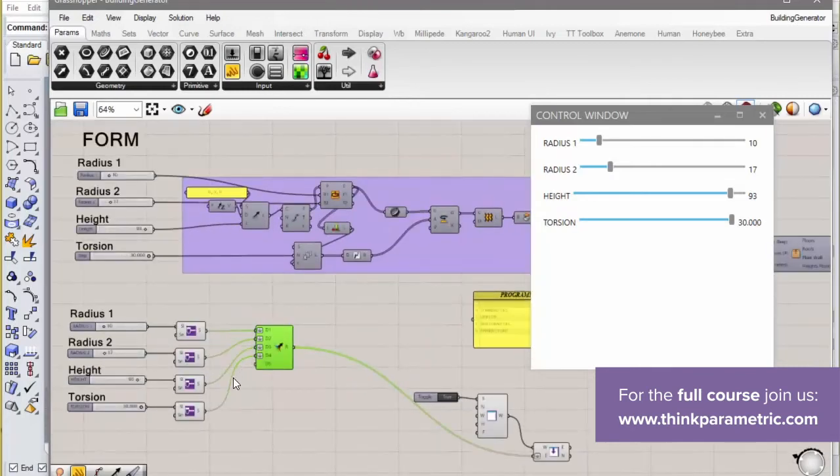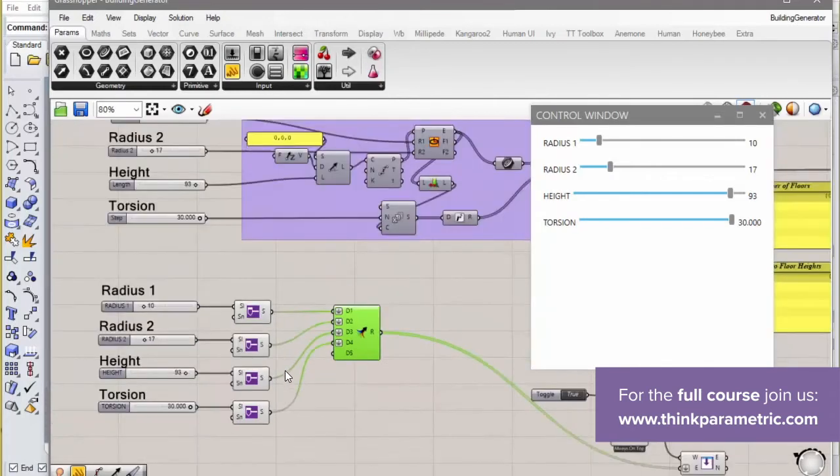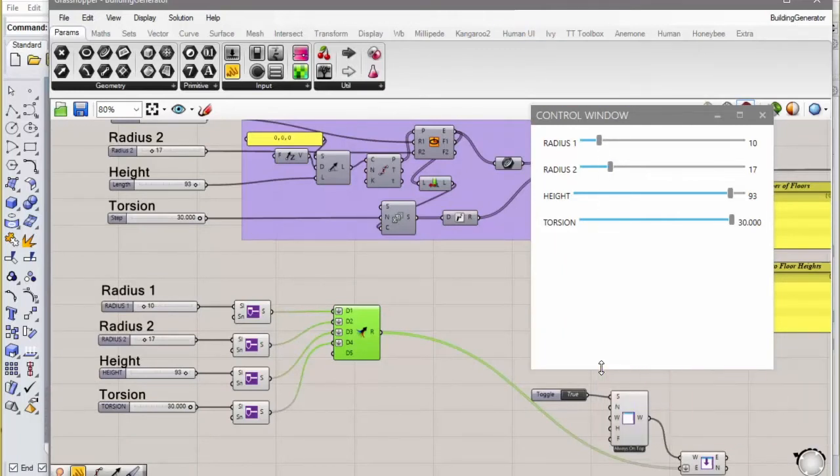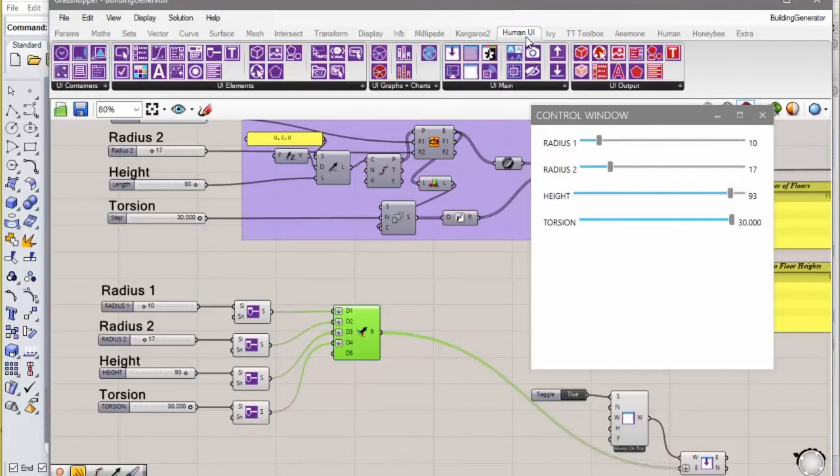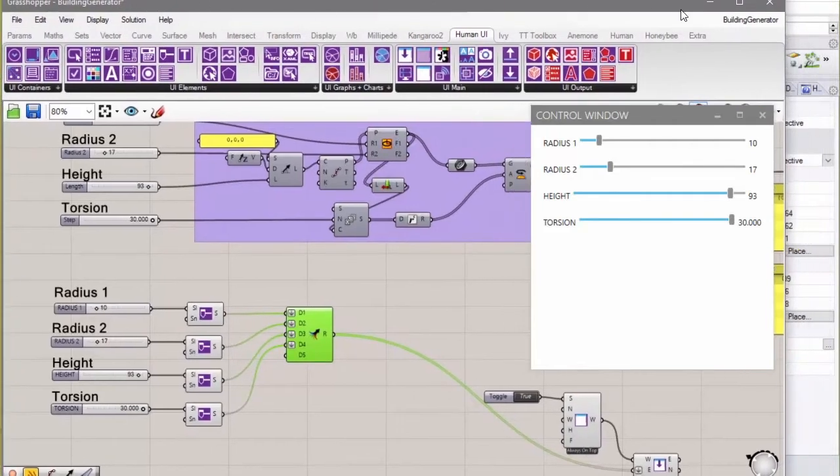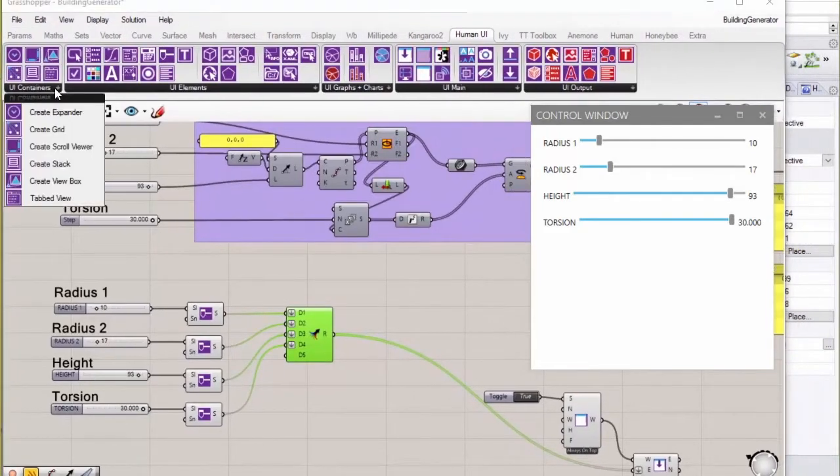What we can do in order to organize this a bit better, instead of just having a long row of different sliders and inputs, is to actually group each of these sets in UI containers. And again, there's a tab for UI containers. And in here,